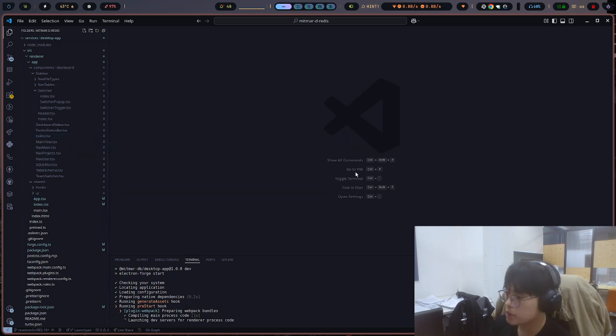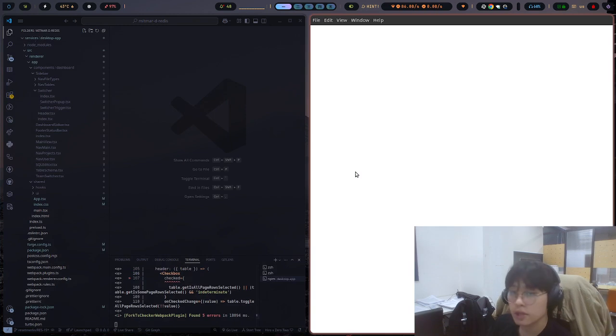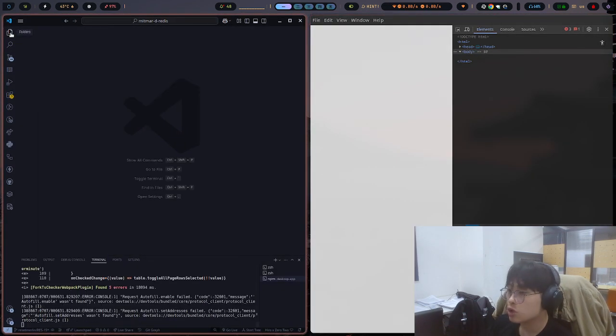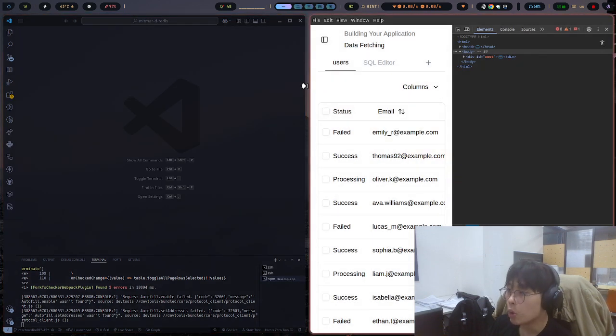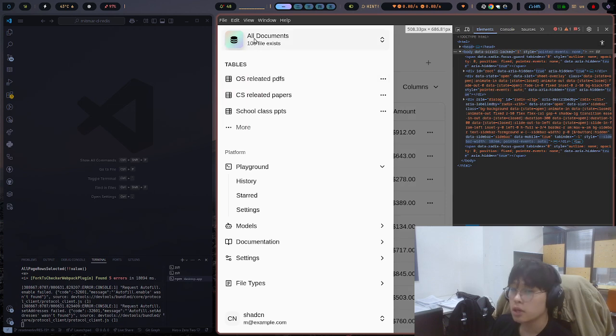For example, with Vite, there's the Electron Vite stuff, and it forces me to make boilerplate, even though that is not really worth it, and that made me more